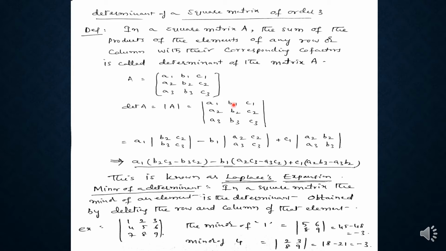So here we will get minus B1 into, then delete the column and row, then we will get A2 C2, A3 C3, plus C1 into